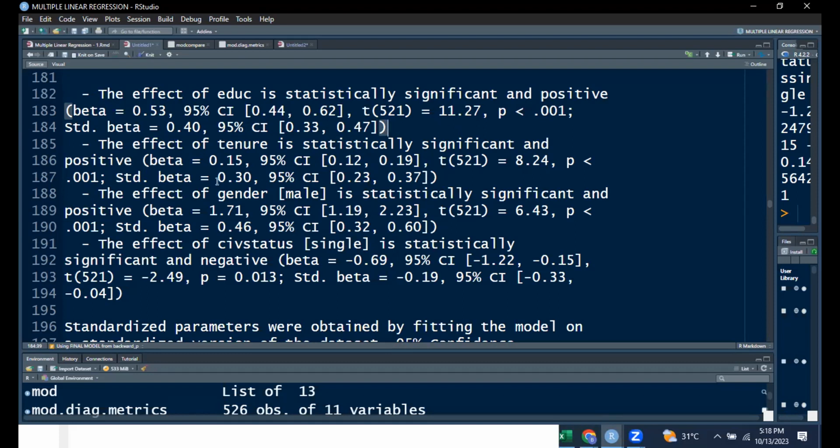Okay? All right. So ito naman si tenure, ganun din. Same pattern lang naman. Tapos ito yung factor natin, the effect of gender. Male is statistically significant and positive. Take note, ang reference natin dito si female. So si gender, yung lalabas na beta doon, it's for gender, and it's of course interpreted in relation to your female. Beta is 1.71, and then you also have your confidence interval between 1.19 and 2.23. And then same thing, your t-stat,